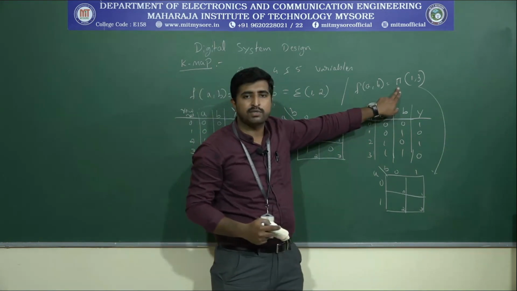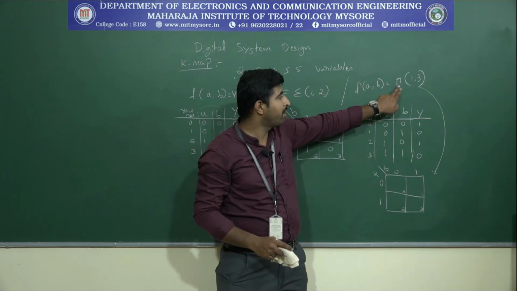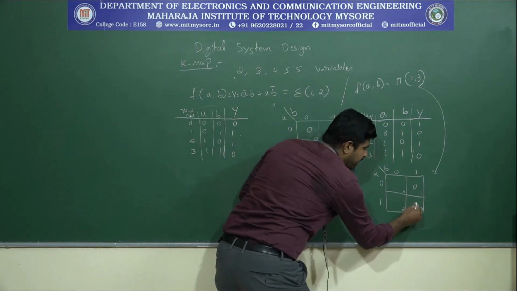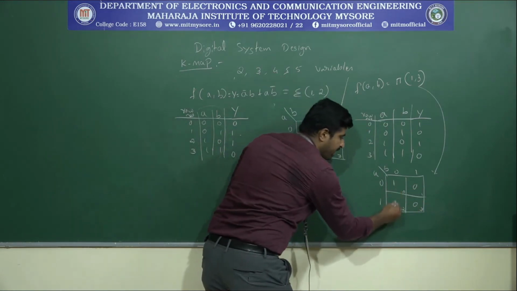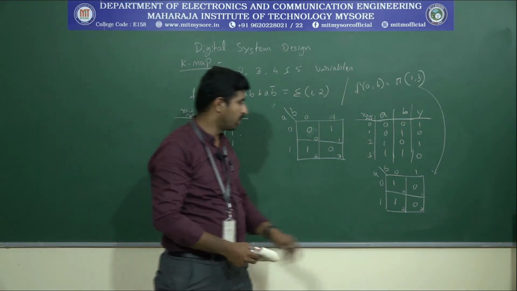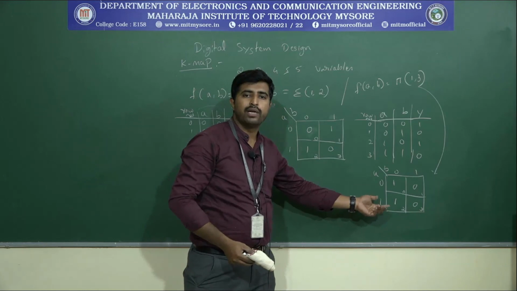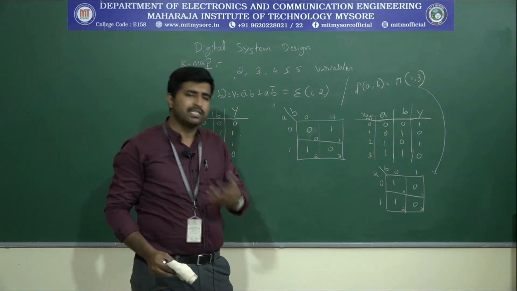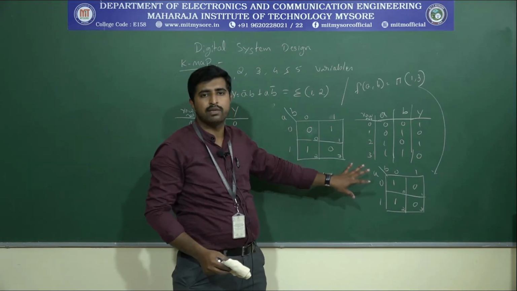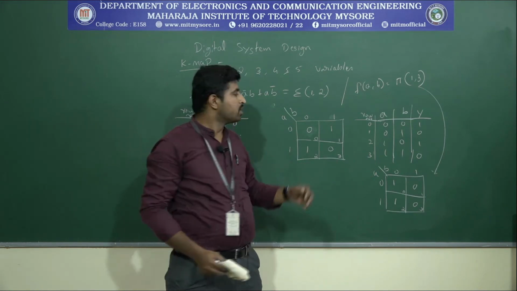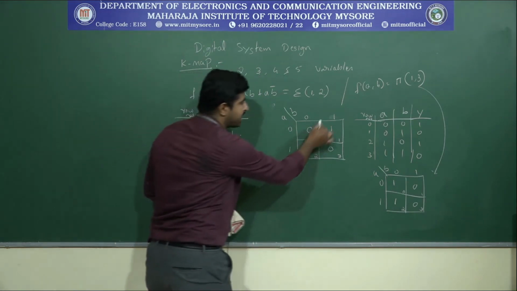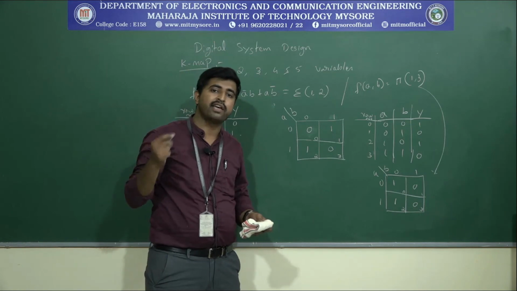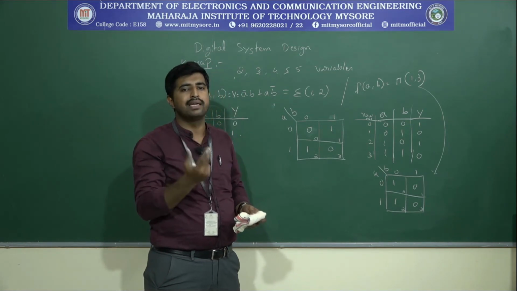So if the given expression is a max term expression, pi of 1 comma 3, then cell numbers 1 and 3 will have a 0, and the remaining cells will have a 1. So this is how we write the output in a K map. Similarly, the same way applies for 3 variables or 4 variables. Let's understand how to write the output for 3 variables or 4 variables in depth. First let's see why we have the jumbled arrangement in 3 variables. We have taken 0 0, 0 1, then 1 1, then 1 0. Why will the arrangement be like that? Let's understand that.